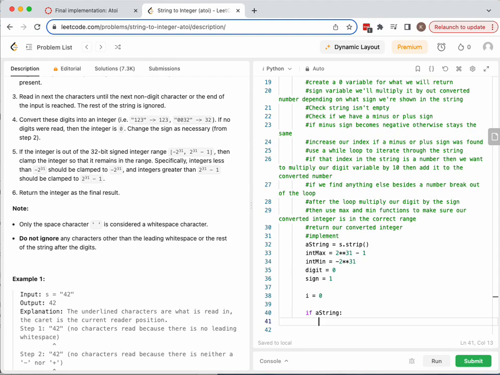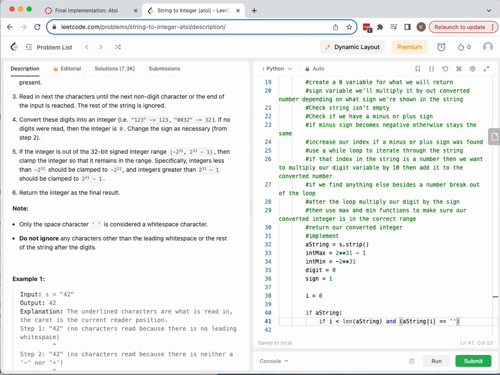I guess it's just another check to make sure our string isn't empty. So if i is less than the length of the string, and string[i]